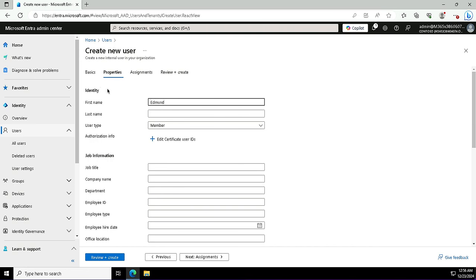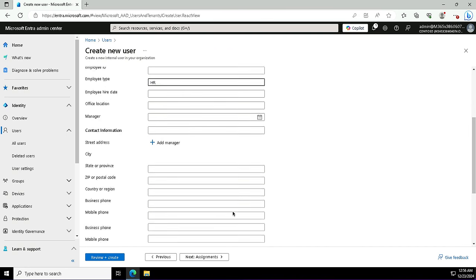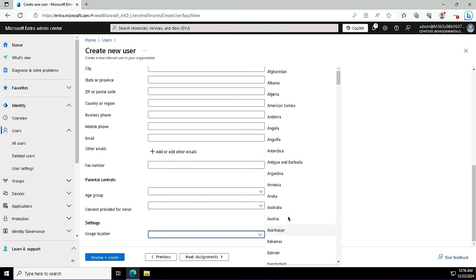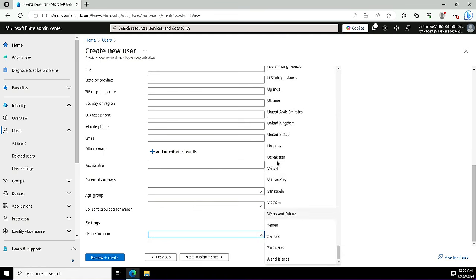Some of the important attributes I'm going to provide are the first name of the user, last name, user type, whether the user is a member, I want to provide privileged roles, or as a guest I want to invite this or use this account. Then job title as per the requirement. For instance, this user is an HR representative and the department is HR, and the usage location for the license assignment, which will be required. So this is going to be United States,